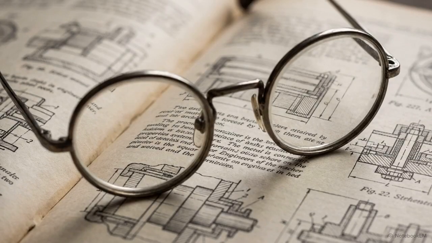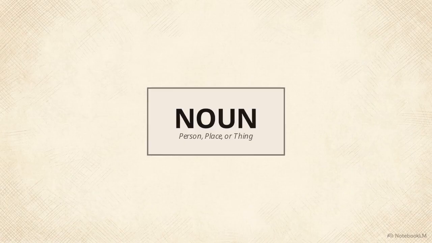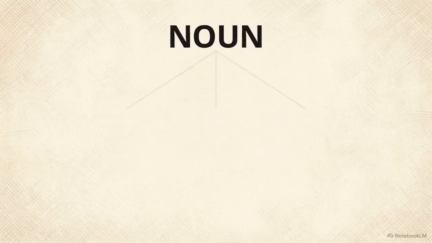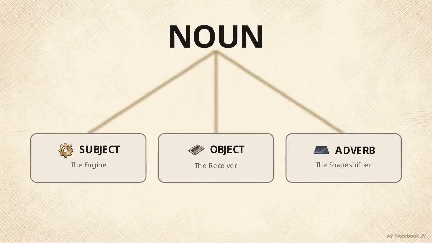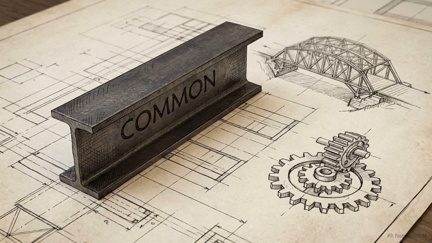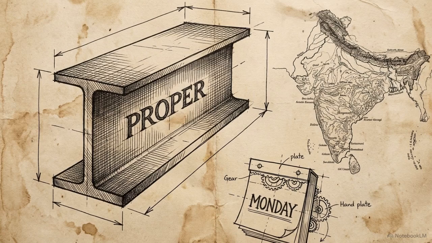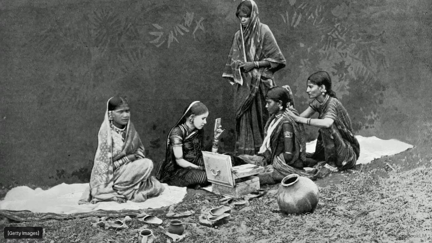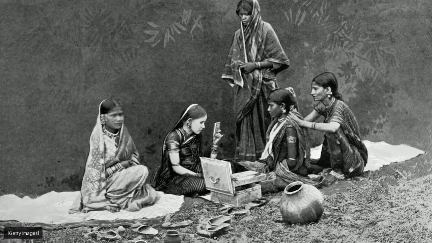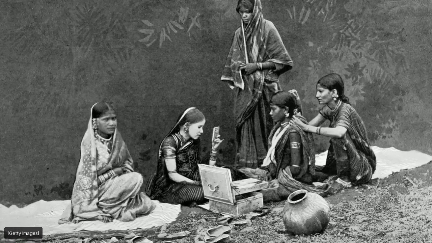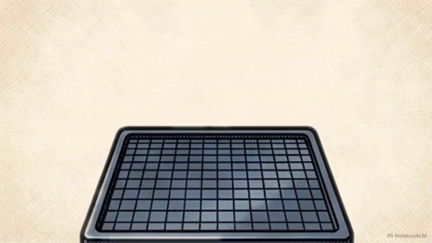Achieving fluency requires a shift in perspective. You must stop asking what a noun is in isolation and start asking what it does within a structure. Think of nouns as your raw building materials. Common nouns provide general categories, like bridge or day, while proper nouns identify specific entities, like India or Monday. When we need to treat a group as a single unit, we use collective nouns, like family, team, or government. We can also fuse multiple words into a single compound noun, creating specific terms like fruit juice or sister-in-law.